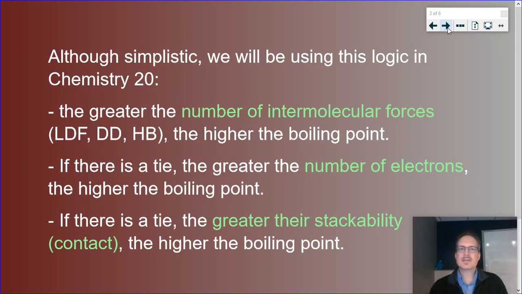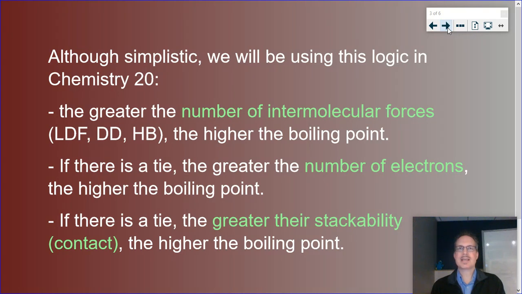Here are the simple rules we use in Chem 20. This is much more complicated, but we're going to stick to these basics. Rule number one: the greater the number of intermolecular forces, the higher the boiling point. So if you have 3 intermolecular forces compared to only 2, the molecule with 3 intermolecular forces has a higher boiling point. Rule number 2: if we have a tie, both substances have 2 intermolecular forces, then we're going to